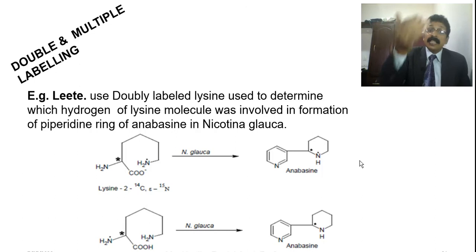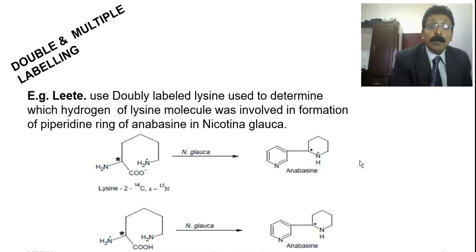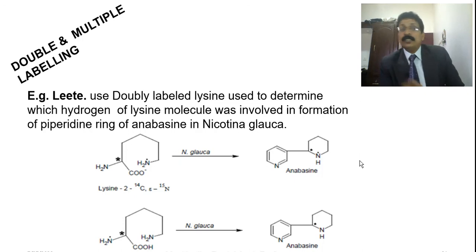So, they have even the second reaction also. You can see the second reaction is the same. The reaction is not different. Only one carbon atom alone you are making labeled by radioisotope. Can you see that only one star is there? In the second reaction, there is only one star.